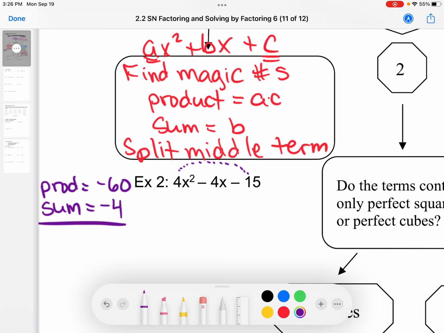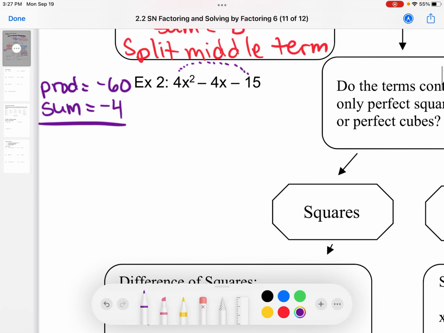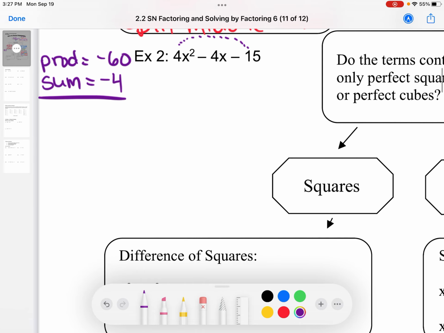Now, you may have seen this with an X, with a box, with a list, with all sorts of other visual cues, but it all boils down to finding that set of magic numbers. Okay? Sometimes you'll be able to look at your sum and product and immediately find those numbers. Sometimes you may have to list the factors. If you list the factors, I highly recommend you do them in order,